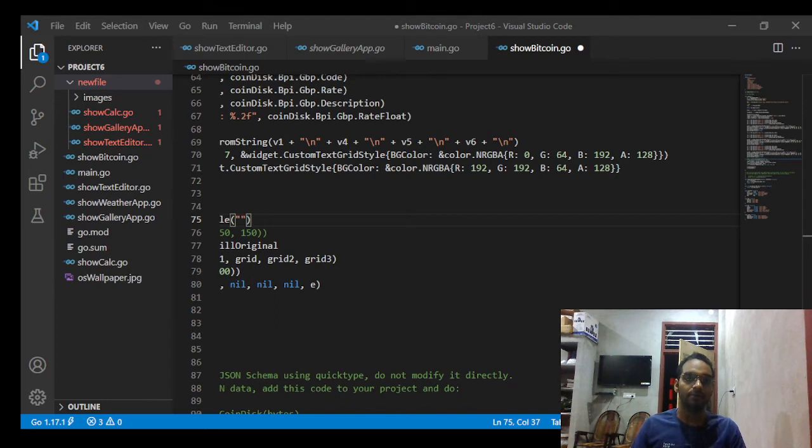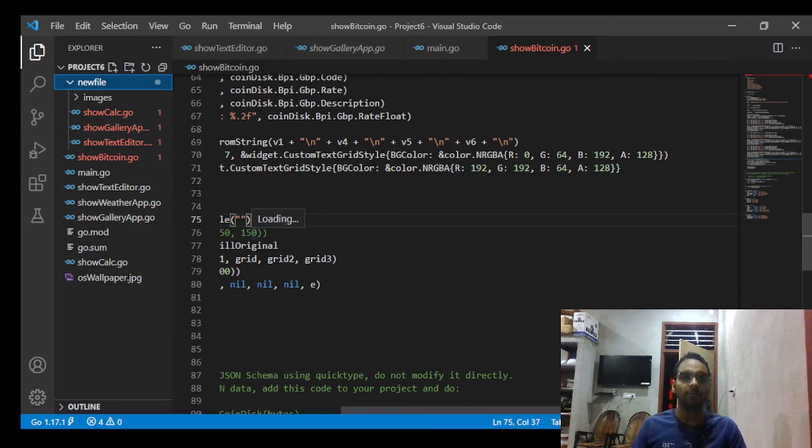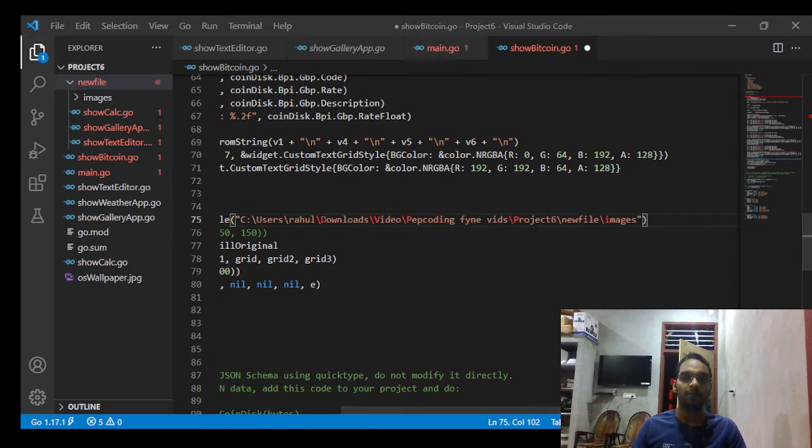Okay, now the path here is... so this was the path, and here we're going to add an image which is price.png. Now this error is actually caused because we need to pass